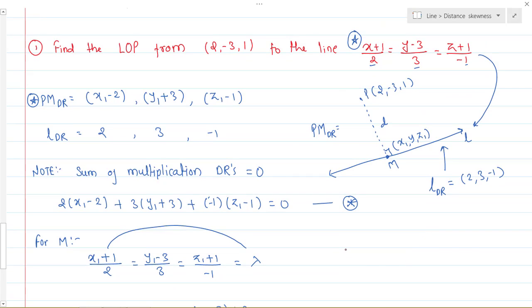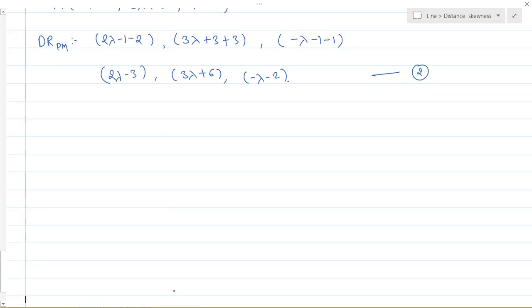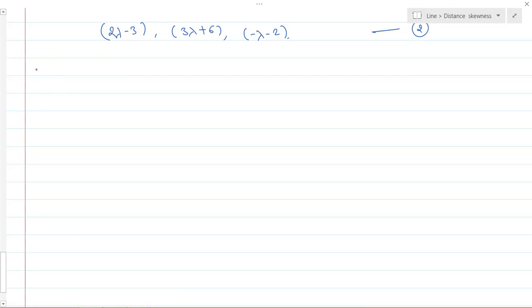Now what do we do with this direction ratio? Make use of this star equation. We know that the sum of the multiplication of direction ratios is always equal to 0. So what we'll write here: the direction ratios of the line are 2, 3, minus 1. These are the direction ratios of the line. We know that